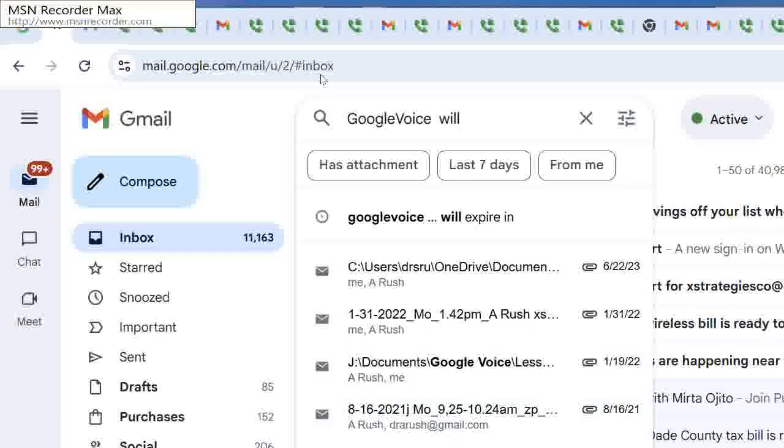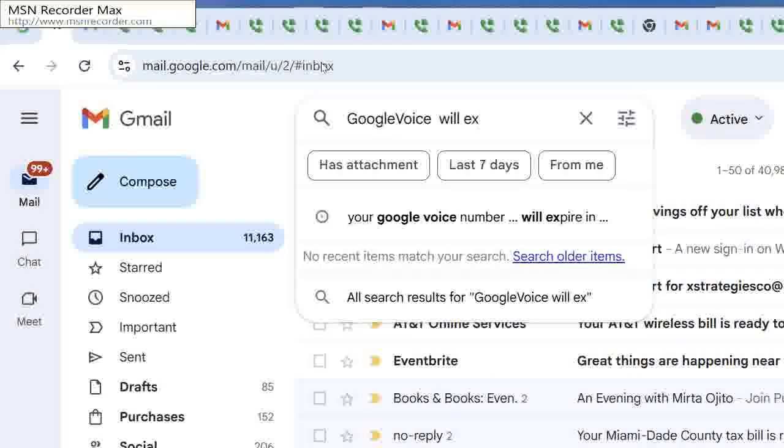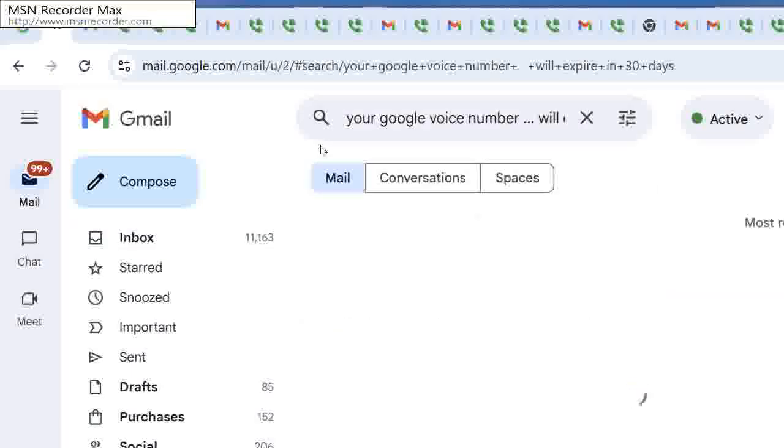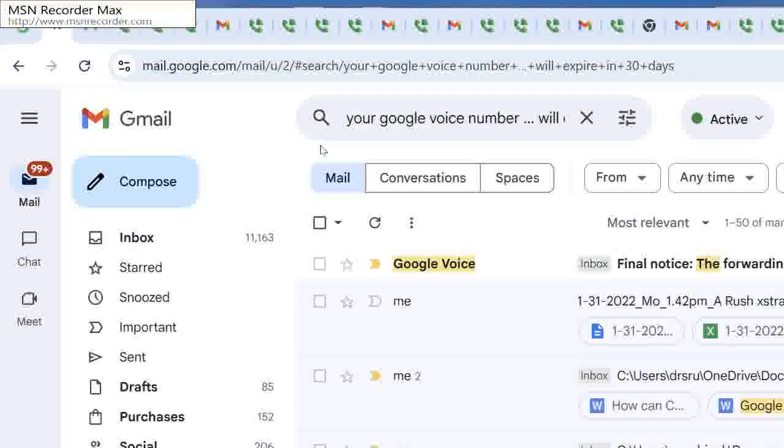Oh, Google Voice. I have to start with Google Voice. Google Voice will expire.